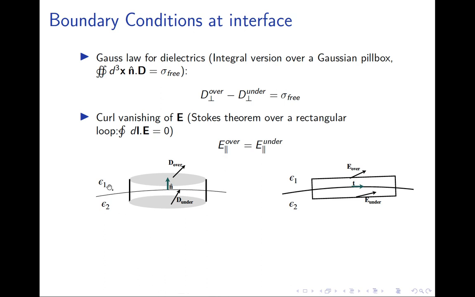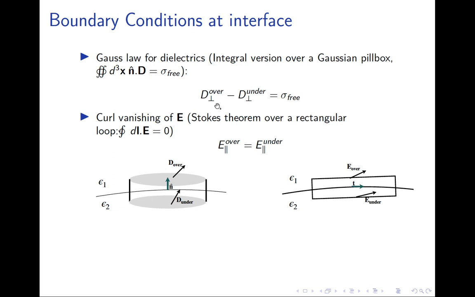So let's say we have a situation in which we have a boundary separating two dielectrics, epsilon1 and epsilon2. These two are linear, isotropic dielectrics. That's why they can be specified by a single number instead of a whole tensor. So it turns out that Gauss's law and the curl law for the electric field, the Gauss law for dielectrics,